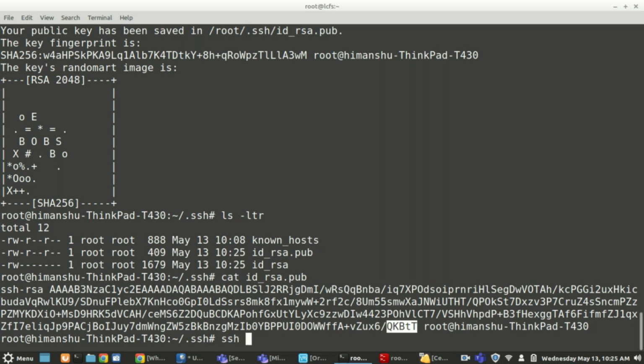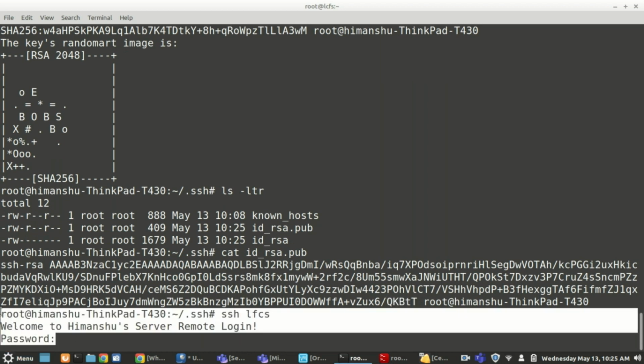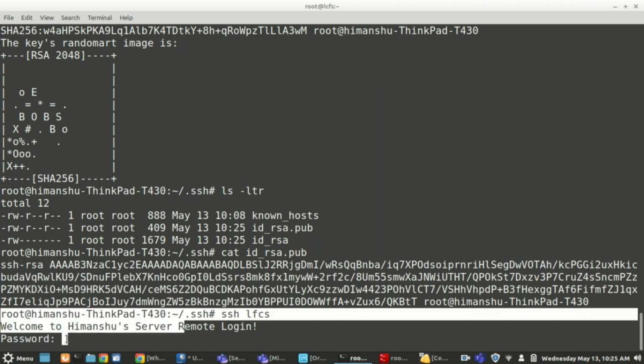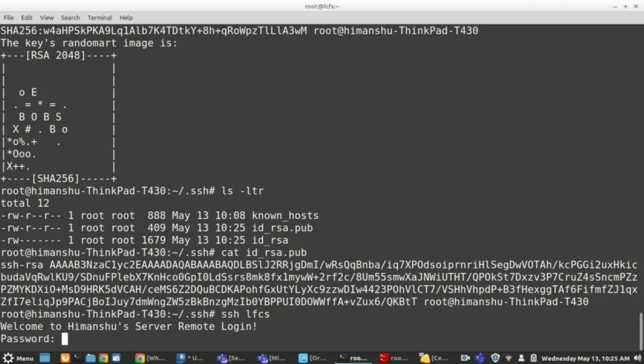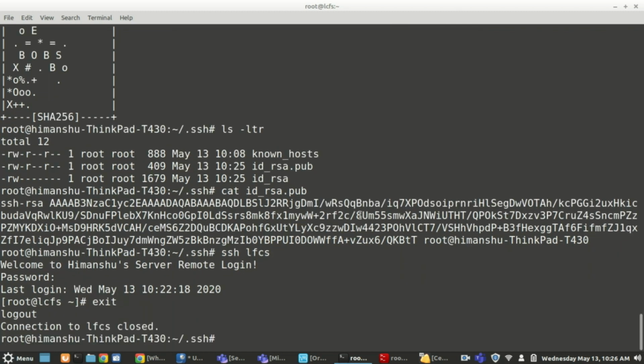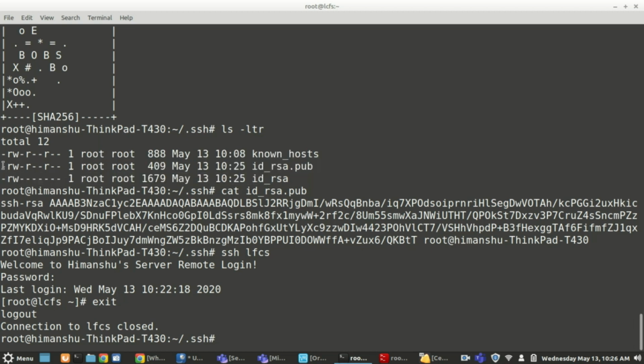So if I again try to connect, see, it is asking me the password because it was not able to verify any public key stored on the target system. So I will enter the password and then it can log in. Apart from that it cannot log in. Because every time I regenerate my public and private key pair, the old one will be null and void.